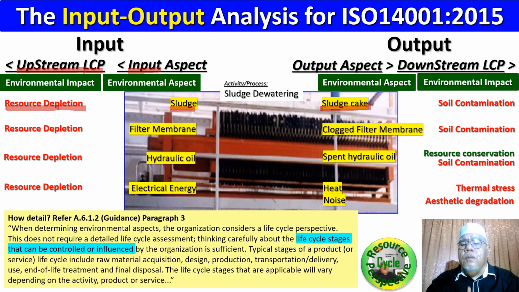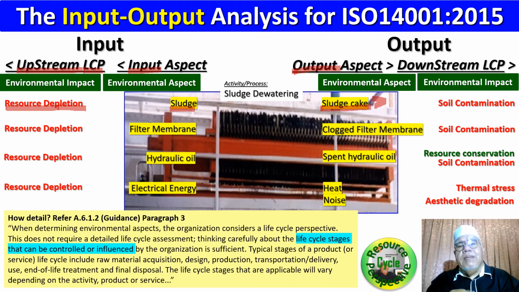That sludge cake now is an environmental aspect. Why? The same thing, it interacts with the environment. How? Look, this is an output environmental aspect, sludge cake, right? How does it interact? Downstream, because it is an output. In other words, what happened to it next? Got it? The sludge cake in Malaysia is called scheduled waste. Okay? And it will be collected by the scheduled waste licensed contractor, and it will be sent to a facility